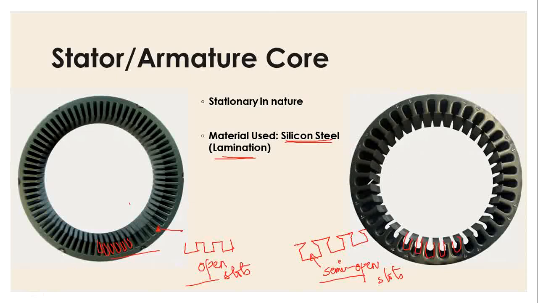So what we do is we take thin laminations, like a sheet of paper. If you take one paper and 100 papers, and then you stamp them together to form a book. In a similar way here, to make the entire solid stator core, we are going to stamp thin laminations of silicon steel to make this entire core. The reason for using laminations is that it reduces the core losses in the stator. So what is the function of this stator core? The function is to hold the stator windings. So in these slots, we are going to place the stator windings.